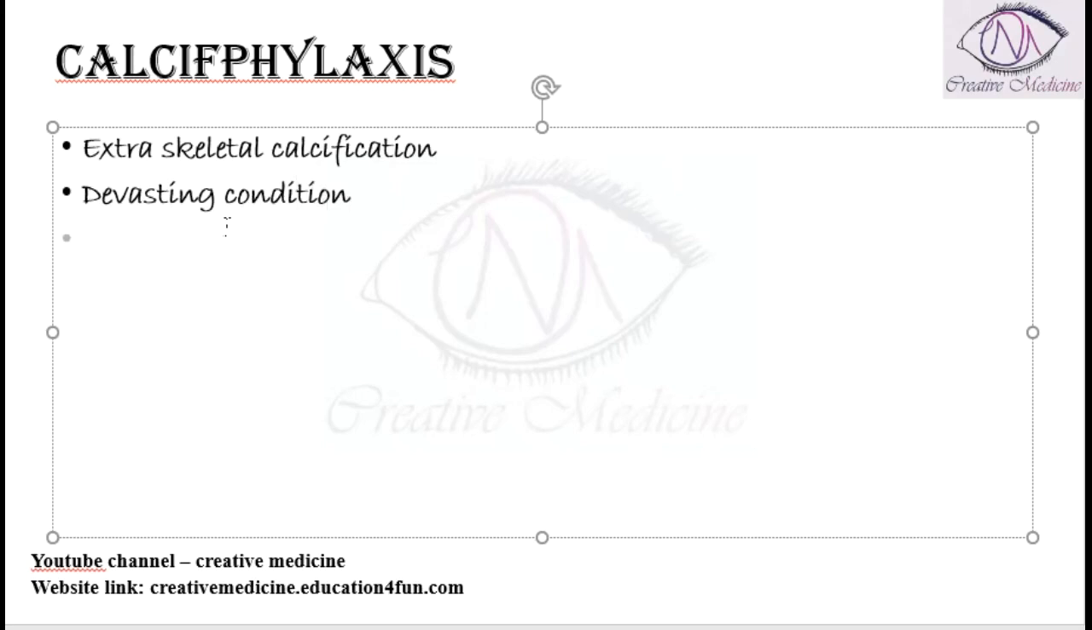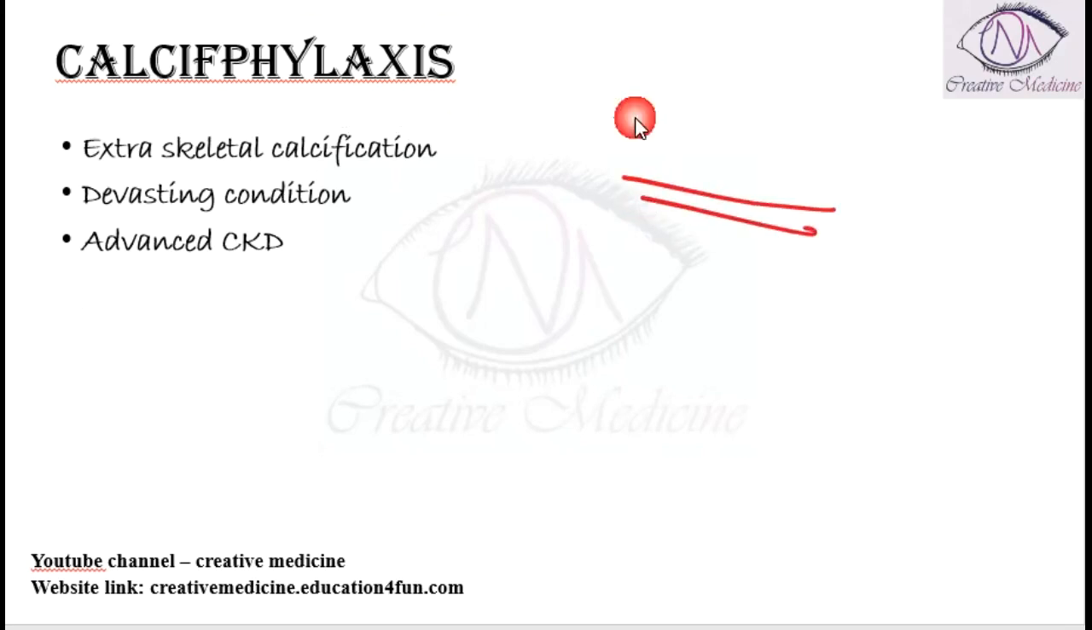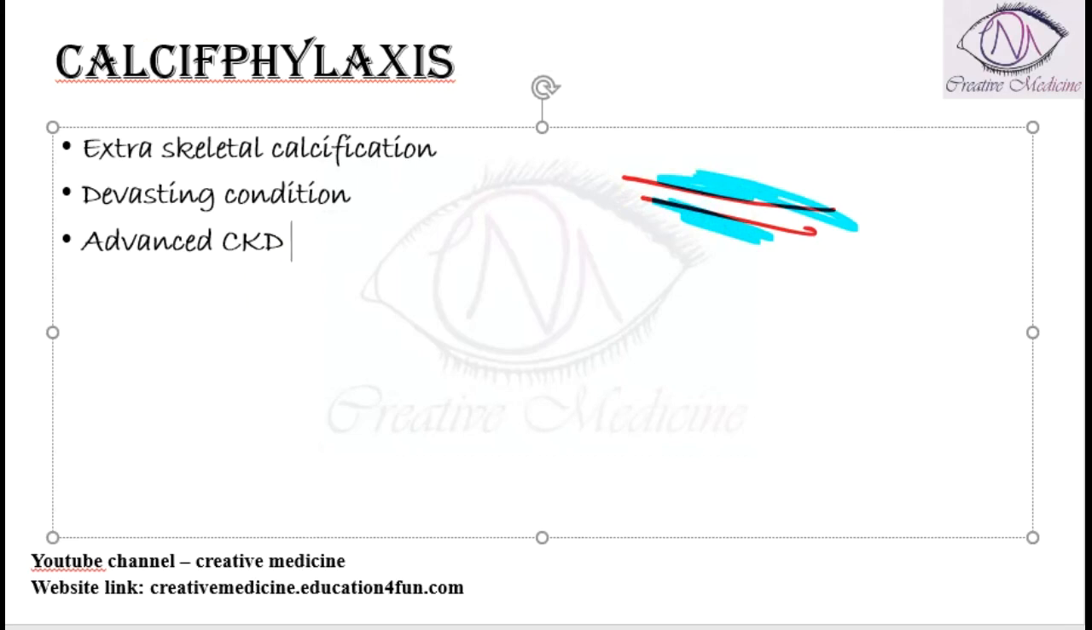Calciphylaxis is mainly seen in patients with advanced chronic kidney disease. Here, there is calcification of the soft tissues, in the vessels, surrounding the vessels. If this is the vessel, calcification will develop surrounding the vessels. So that is calciphylaxis. If you do a pathological or histological examination of the lesions, you will see